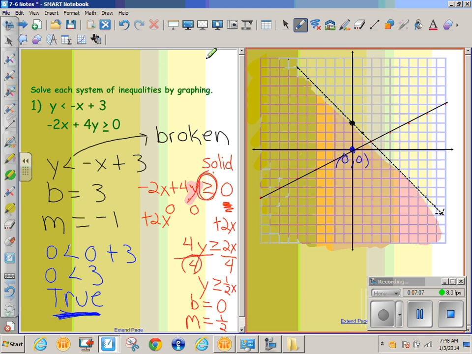So I'm just going to kind of stay close to the origin, and I can choose any point. I just want to know which part I'm supposed to shade on. So I'm just going to stay close, and I'm going to use this point here, this -1, 1. And remember, if it's true, I shade on that side. If it's false, I shade on the other side. So that's what we're trying to determine. If I substitute in